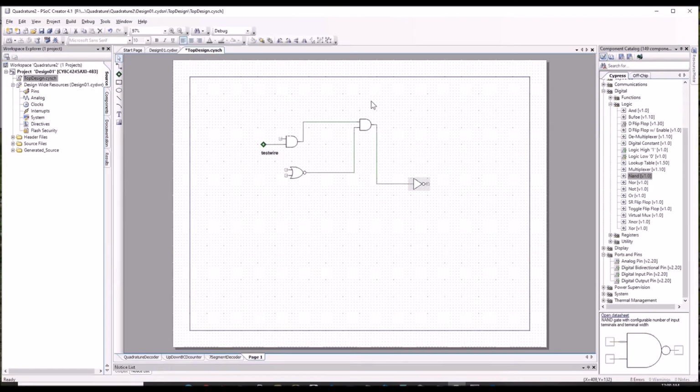If I want to put in an input pin over here, for example, I can do that. And once I have all the inputs and outputs, let's just put an output pin on here for example. Once I've put all the inputs and outputs and connected all the circuitry,